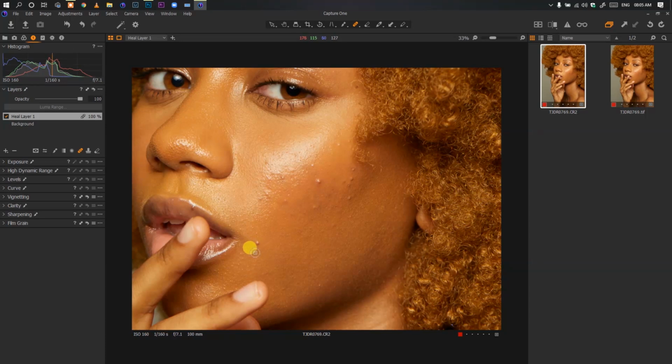So you hold Alt on the keyboard. Normally when I'm cleaning in Photoshop, I hold Alt or Option on the keyboard, right? Sample where I want, and Capture One shows you where you're sampling, then you clean. It's as easy as that. So trying to take away blemishes that